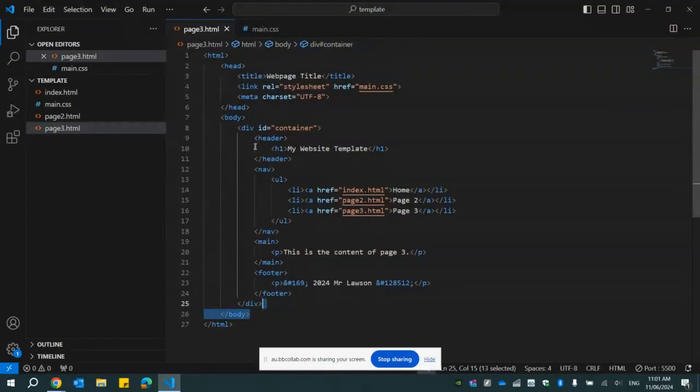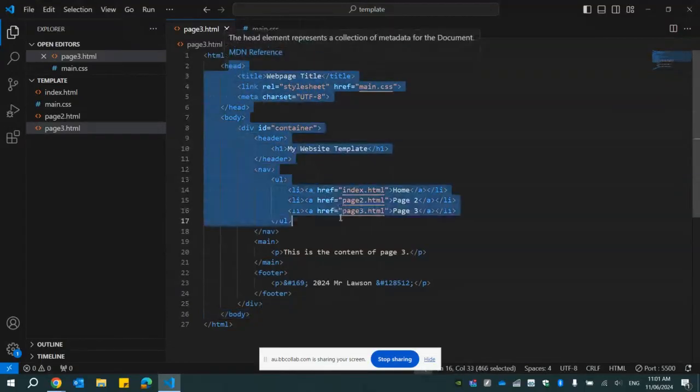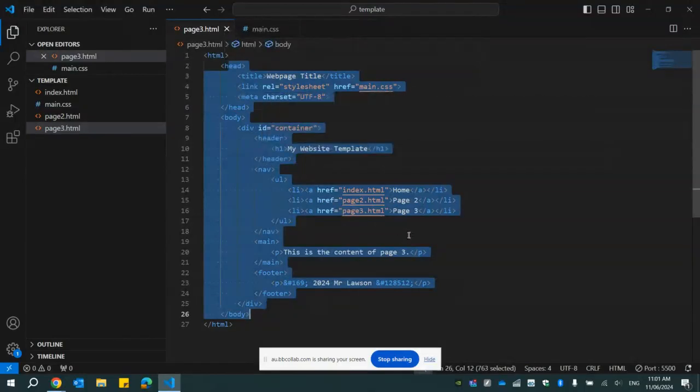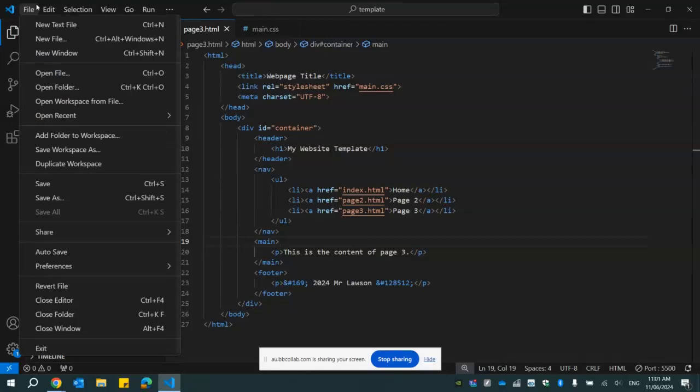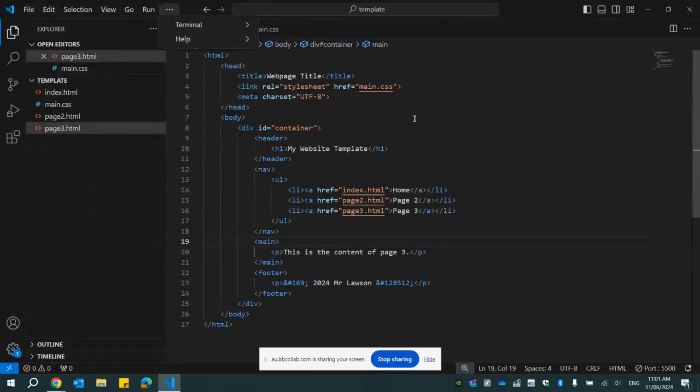Ideally, if you've got the time, it would be great if you went and typed all this out again. But I guess once we've set it up once, the whole point of a template is that we can reuse it over and over again. So obviously if you want to practice, and we talk about spending time interacting with your code, you're more than welcome to go File, New Text File, and recreate it. But the quickest way is just to File, Save As, and create copies of what we've already created. That way you're less likely to make